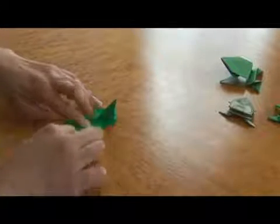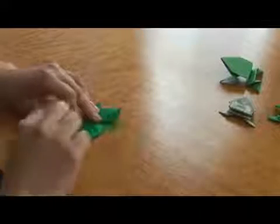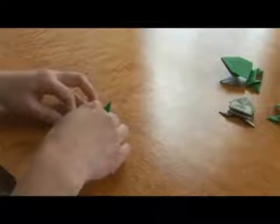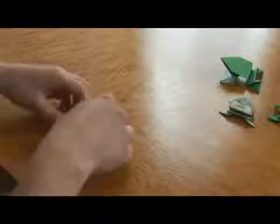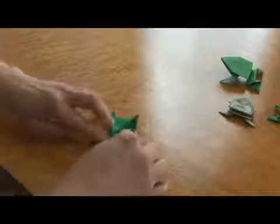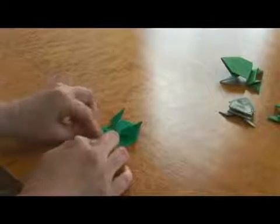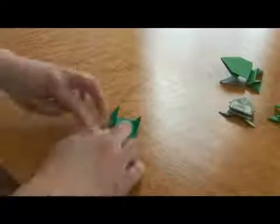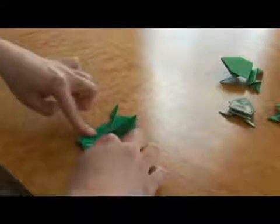Now for this square, we are going to do a kind of a windmill base, by folding this edge up to the center. And folding this triangle back down to get a guiding crease for our windmill base. Fold this triangle down like this for our guiding crease. Open it back up this way,